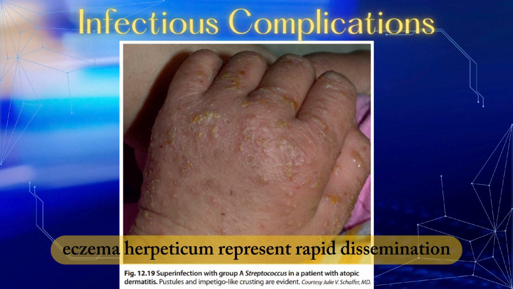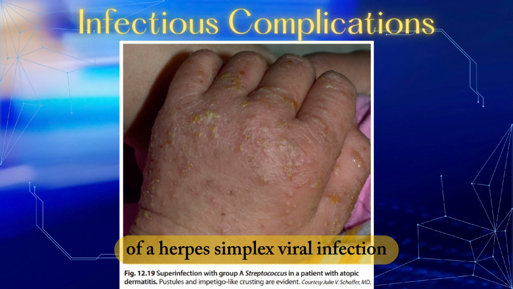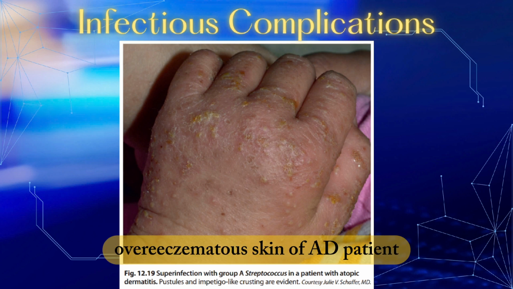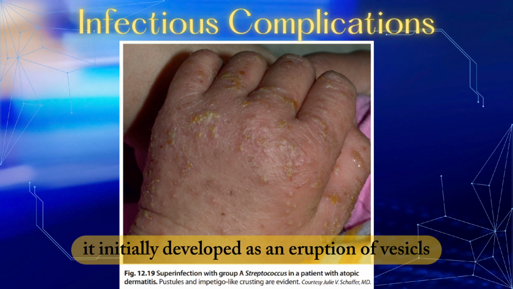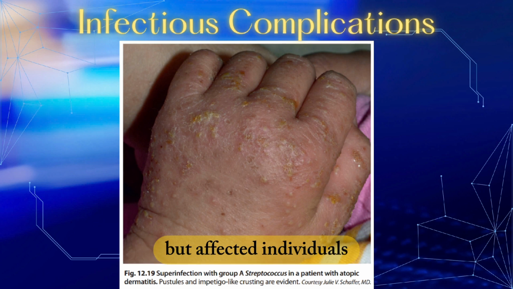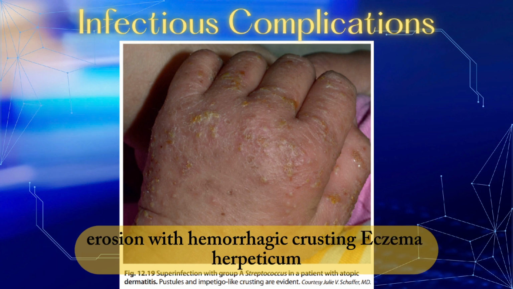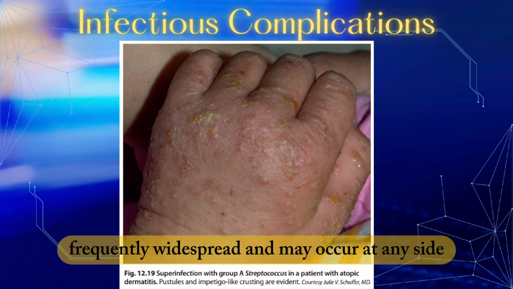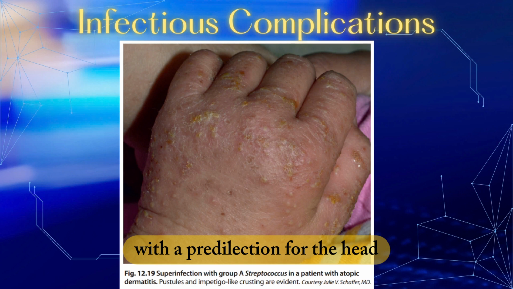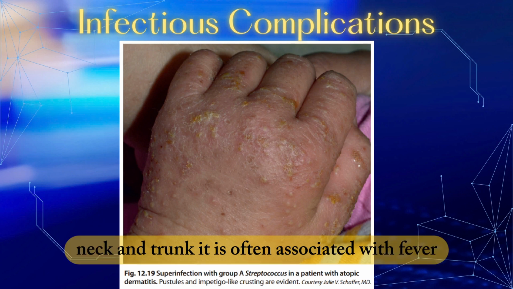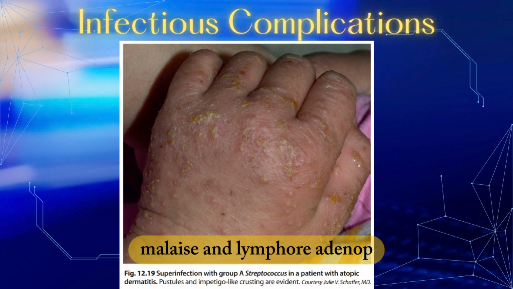Eczema herpeticum represents rapid dissemination of herpes simplex viral infection over eczematous skin of AD patients. It initially develops as an eruption of vesicles, but affected individuals more often present with numerous monomorphic punched-out erosions with hemorrhagic crusting. Eczema herpeticum is frequently widespread and may occur at any site, with a predilection for the head, neck, and trunk. It is often associated with fever, malaise, and